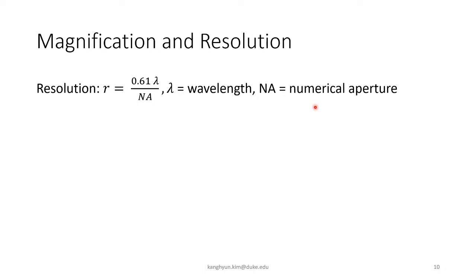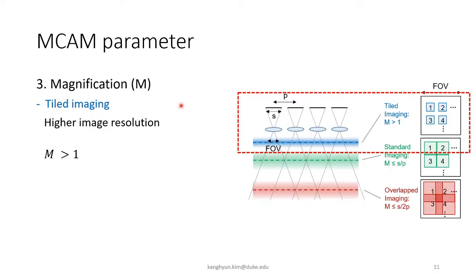The system's pixel-limited resolution is easily found by projecting the finite pixel size onto the sample plane. As a result, the higher magnification can lead to higher resolution. To obtain higher image resolutions than what a magnification of less than 1 can offer, the microcamera array can then